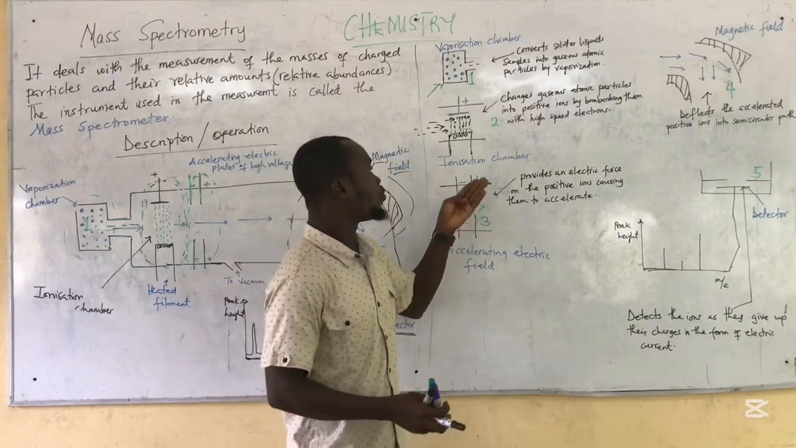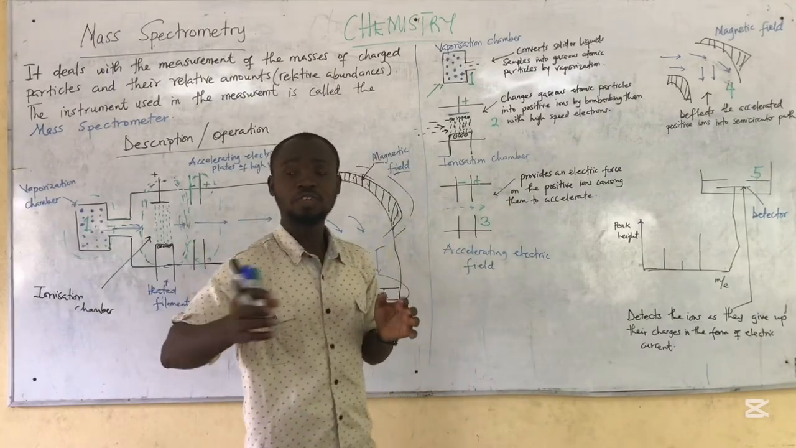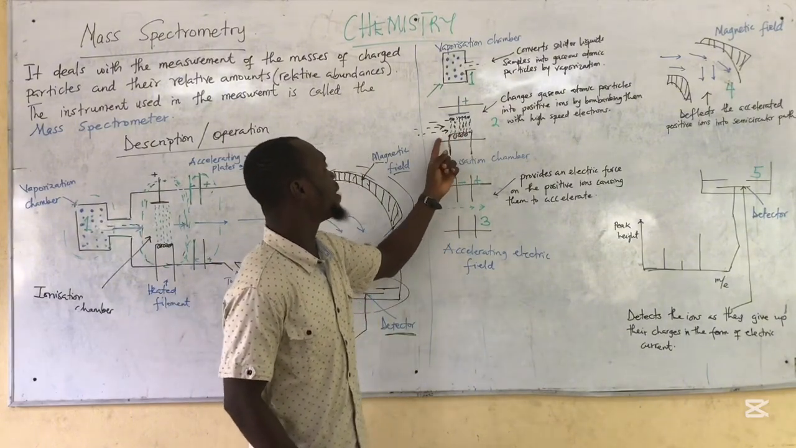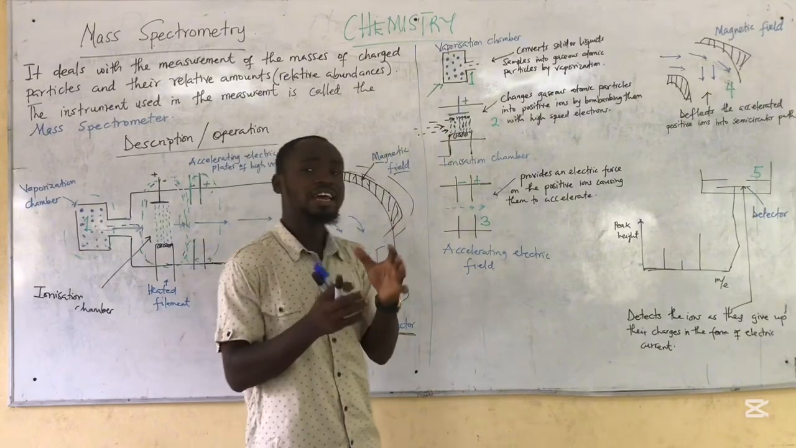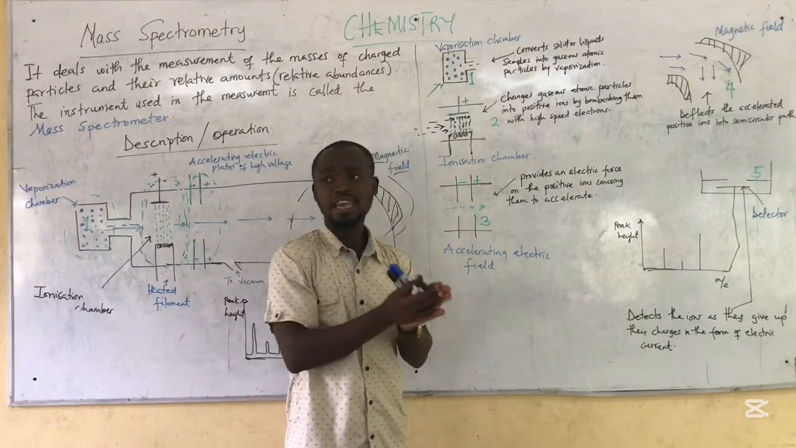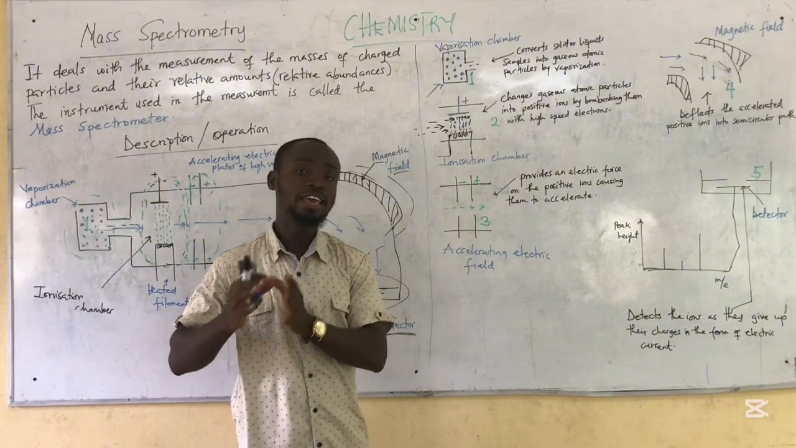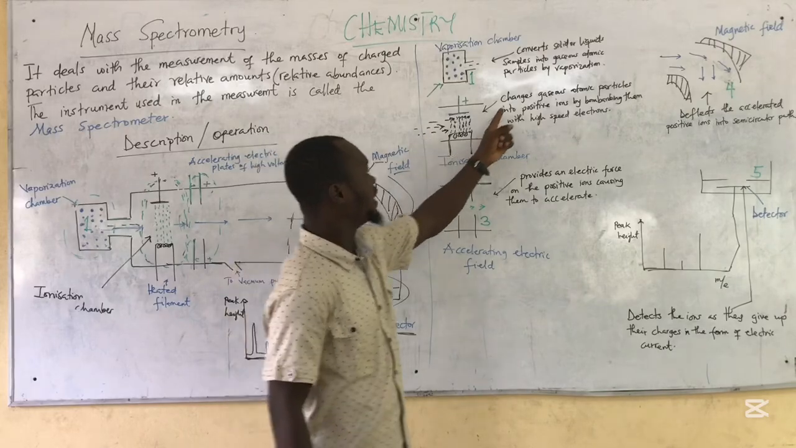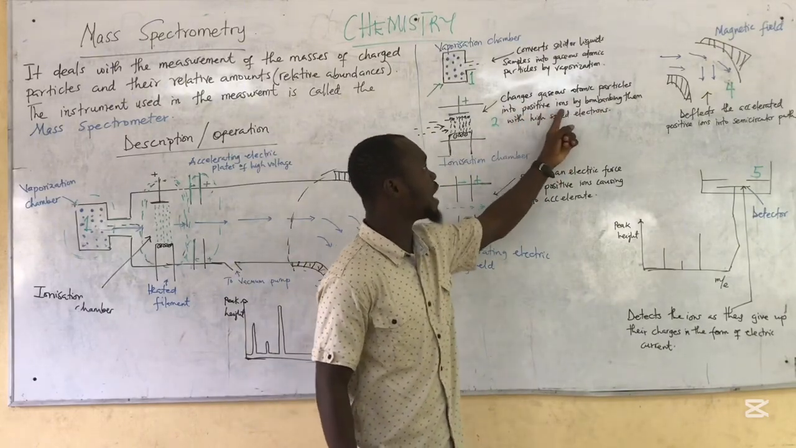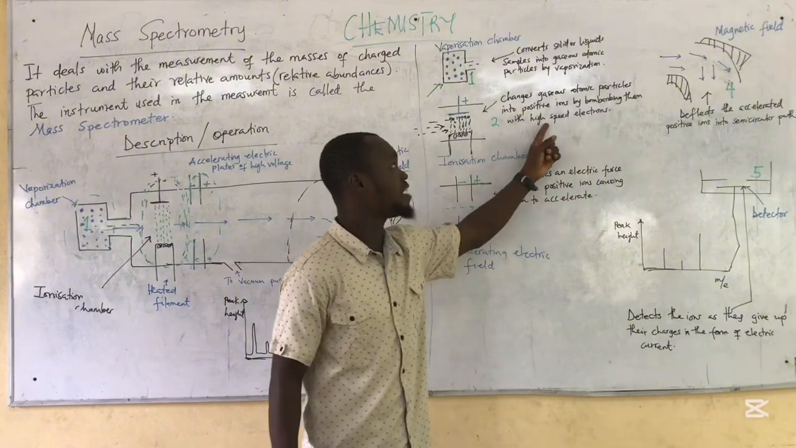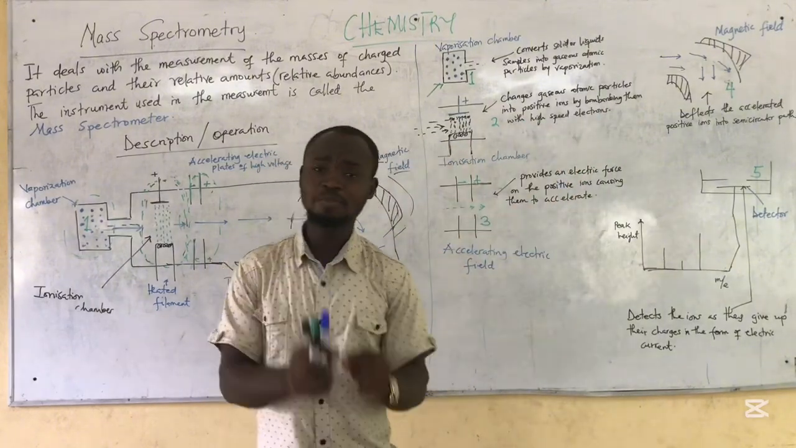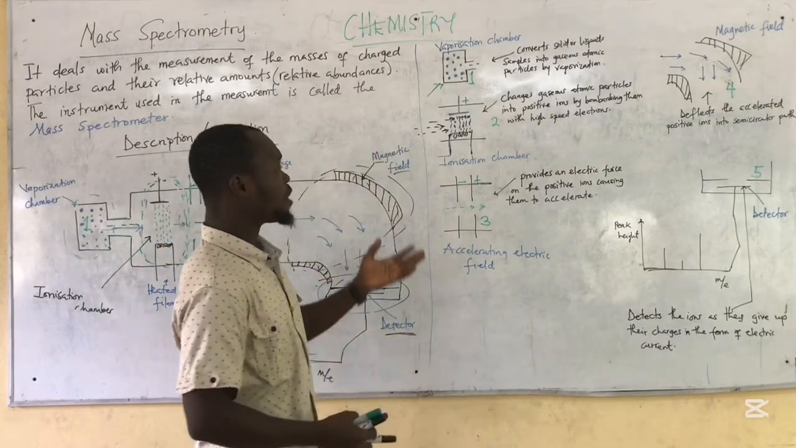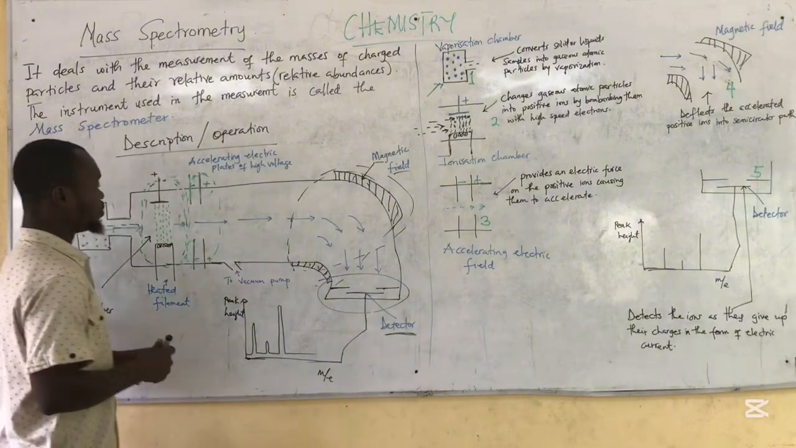Don't forget that when an atom loses an electron, it forms a positively charged ion. So the high-speed electron bombards the gaseous atomic particles and knocks an electron out of them to form a gaseous positive ion. So the ionization chamber changes the gaseous atomic particles into positive ions by bombarding them with high-speed electrons. That is what happens in the ionization chamber. Now, once the positive ions are formed, they then move into the next